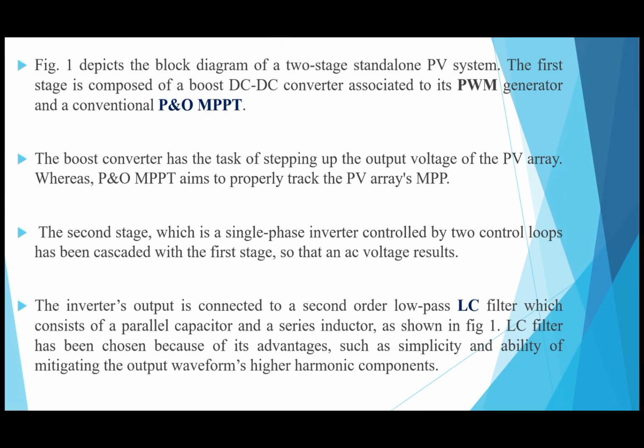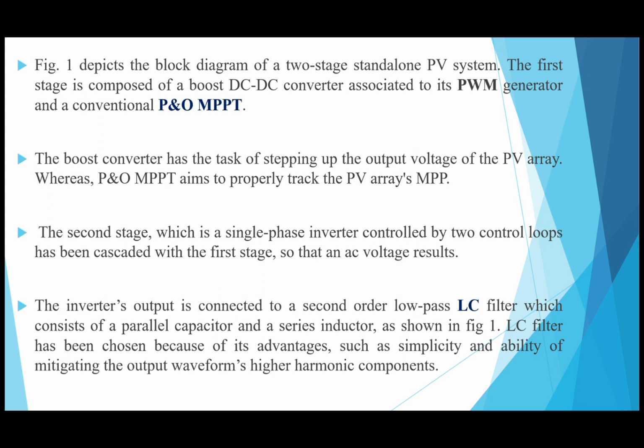It depicts the block diagram of two-stage standalone PV system. The first stage is composed of a boost DC to DC converter associated to its PWM generator and a conventional P&O MPPT. P&O, which is meant by perturb and observe. The boost converter has the task of stepping up the output voltage of the PV array, whereas perturb and observe maximum power point tracking aims to properly track the PV array's maximum power point. The second stage, which is a single phase inverter controlled by two control loops, has been cascaded with the first stage